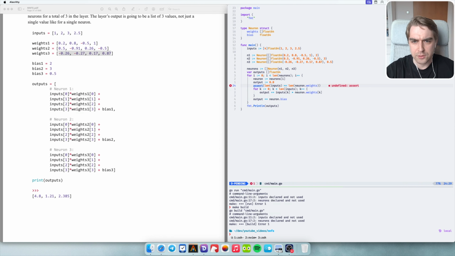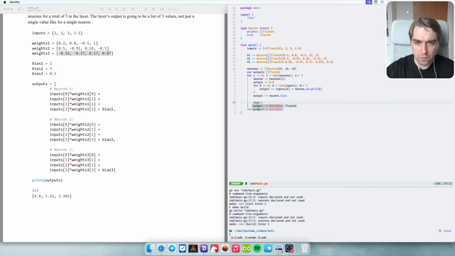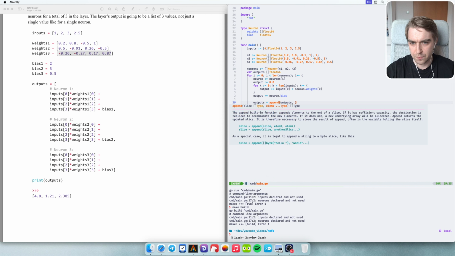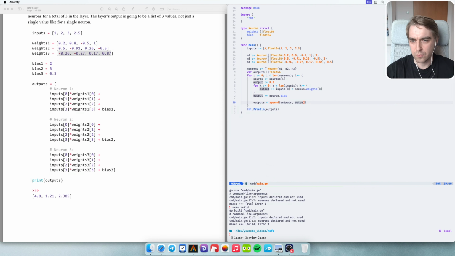Okay, let's remove it for now. We'll just assume that it's the same. And once we have it, we should output. So, okay, we declared 3 neurons. We went through all of the neurons. We calculated the value for a specific neuron: inputs times weights, okay, added the bias, and